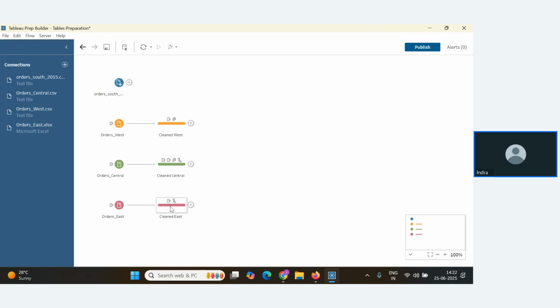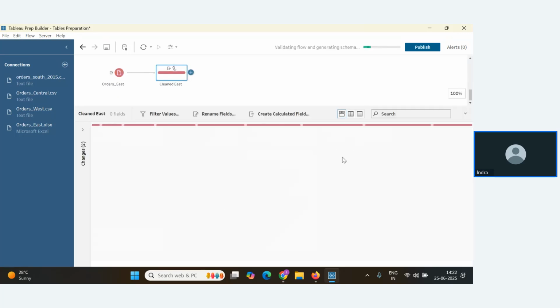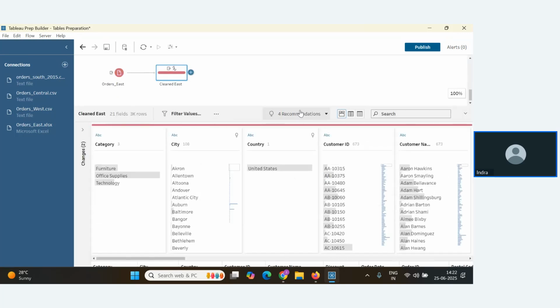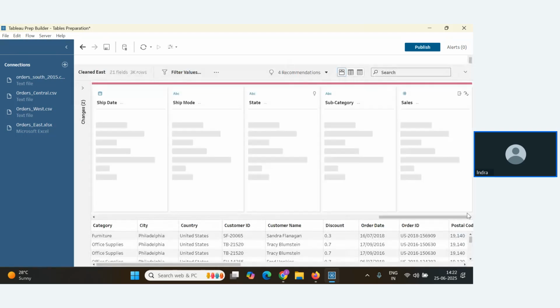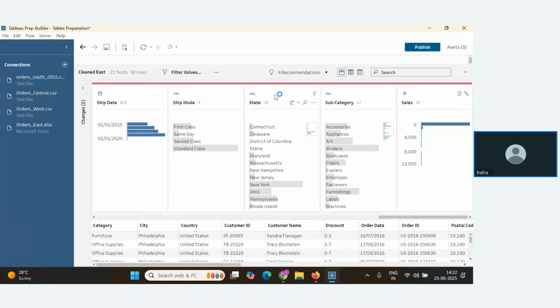Change data type. Let me go to this one. In any data set, if you want to change a specific data type, you can notice there are data types represented on top of each of the field names. This is date data type, this is string data type, this is number data type.